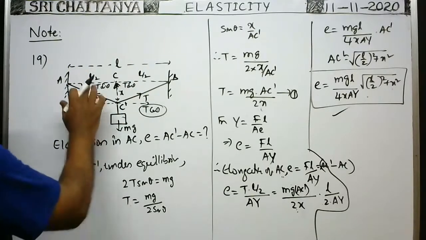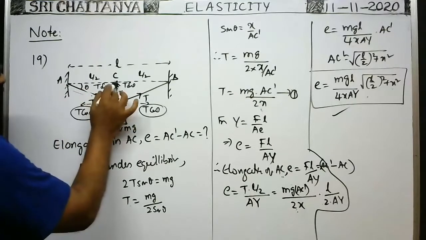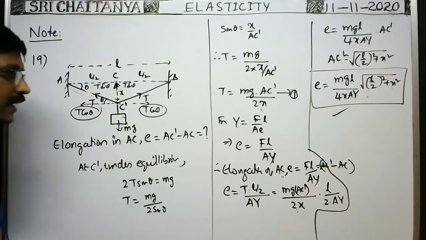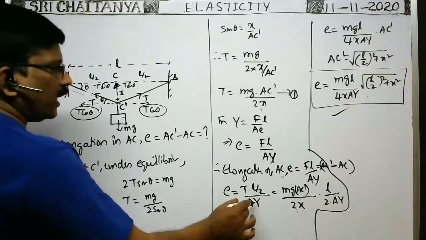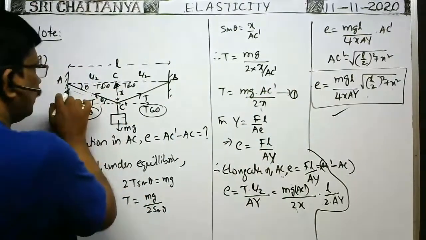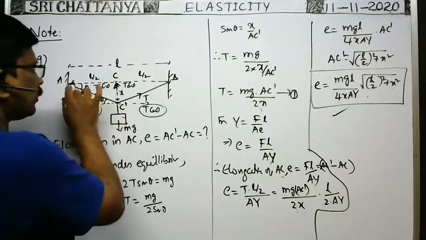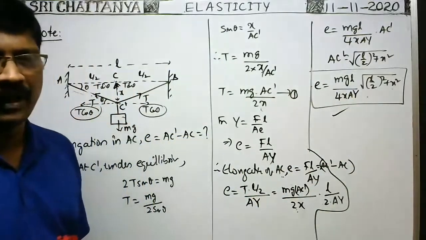Of course, if this information both are known, simply we can find this one, and AC dash minus this one gives directly elongation of the y. They may ask y. In order to find y, we have to substitute E is equal to, in this formula, we have to substitute this AC dash minus L by 2. Then y we have to calculate. In such a way, they may ask.